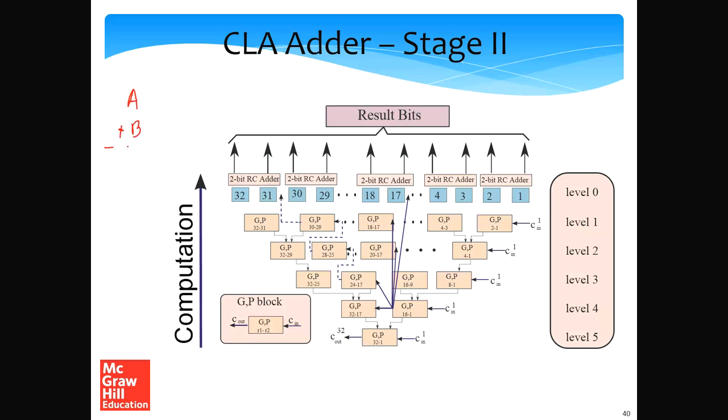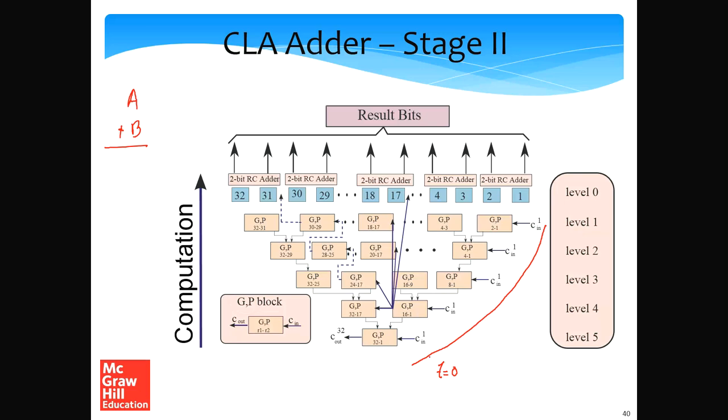So in this case, there is no carry in, but let's consider a general case where there can be a carry in into the first bit. So what we do is that we take all the rightmost GP blocks, the rightmost when we are looking at the screen. So at t equal to 0, we essentially connect all the carry in, the Cn values, to the rightmost GP blocks. So the ranges are 1 to 2, 1 to 4, 1 to 8, 1 to 16 and